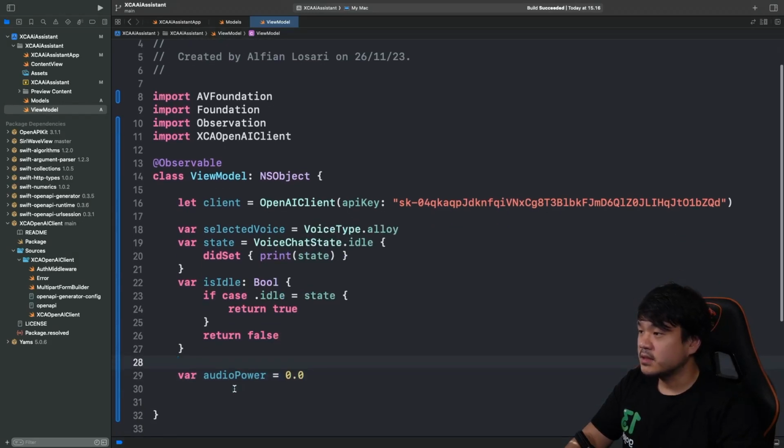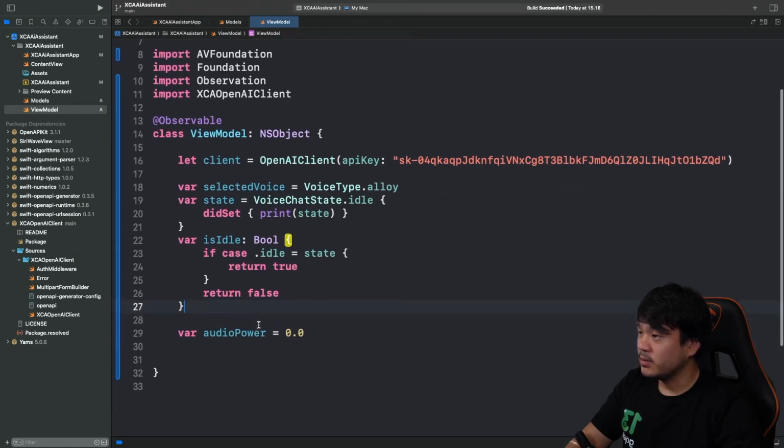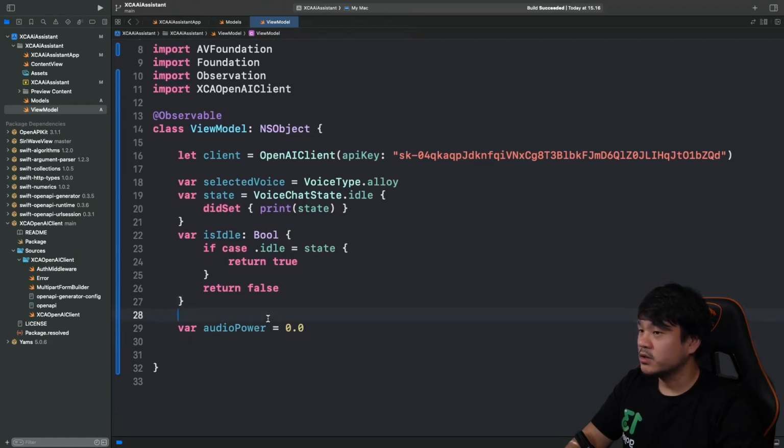So we will basically be listening to the meters in the AVAudioRecorder and AVAudioPlayer, which we can use to determine the power of the SiriWaveView. Because that SiriWaveView will just update the animation when we pass the power to the view. It will be between 0 and 1.